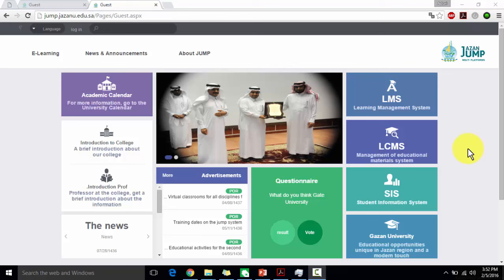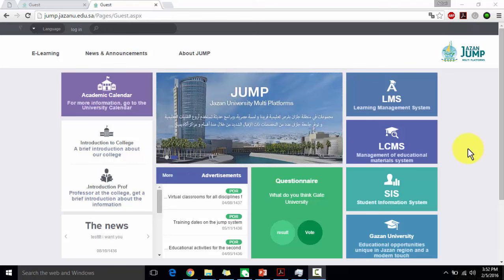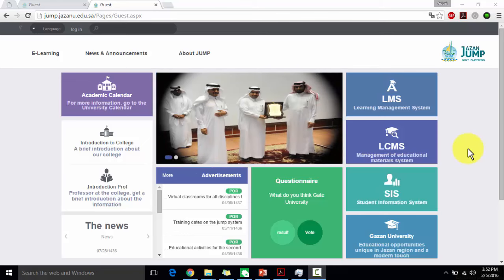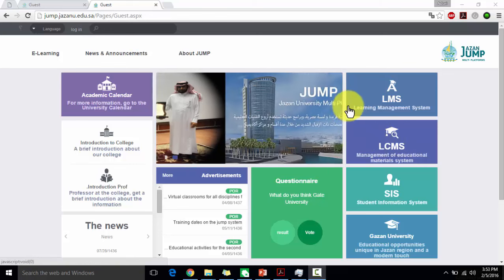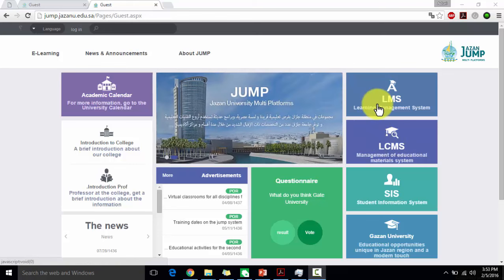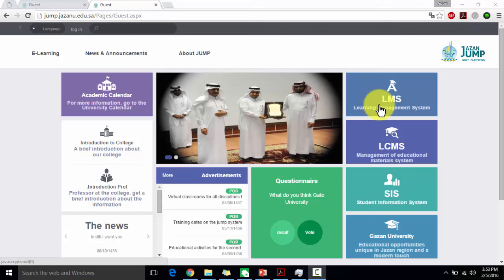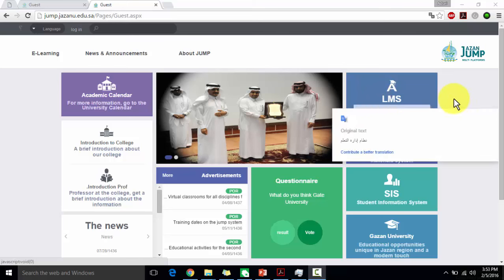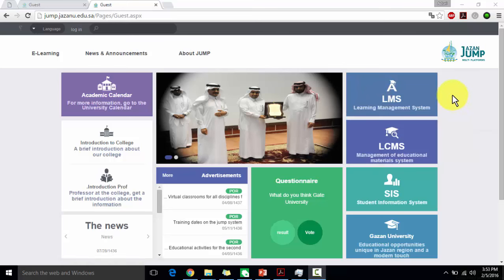So we'll see two types of systems today, that is GEM systems, LCMS and LMS. So LCMS, learning content management systems, we'll see how we are able to upload the courses, manage the courses, and then publish the courses. Once you do that in the LCMS, then we have to go to the LMS to create the syllabus, manage the evaluation planner, and also manage the different types of training weeks that you're going to teach the course in this semester.